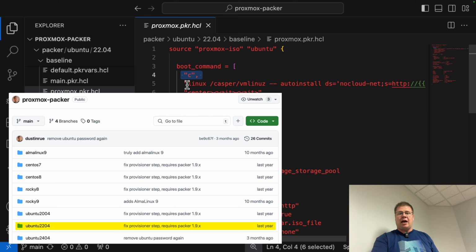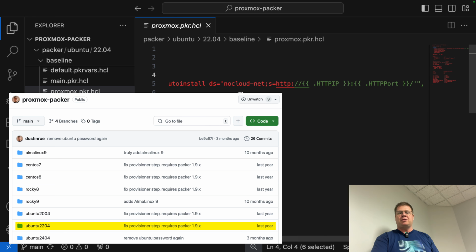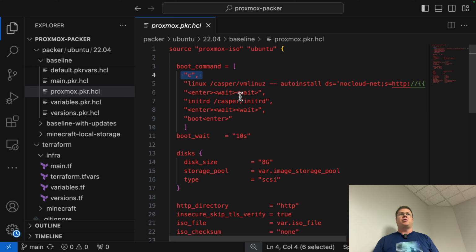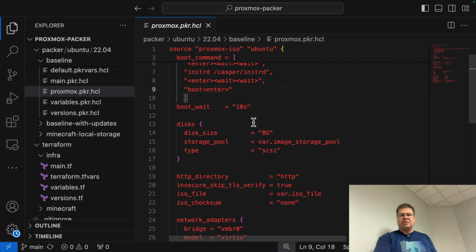I generally don't grok every bit and byte in this array, but you can kind of see what it's doing. And I suppose if I'd installed Ubuntu 22.04 500 times, this would be committed to muscle memory. I would be like, oh yeah, that's when you have to type in the init blah, blah, blah command. And then you have to press enter and wait. But I didn't do that. So I can kind of guess what it's doing here. And the rest of this stuff is just kind of,